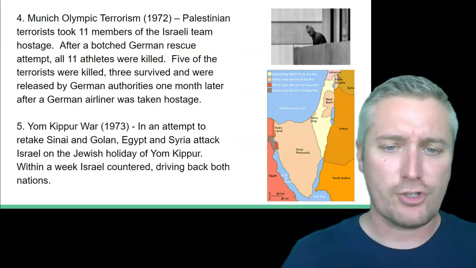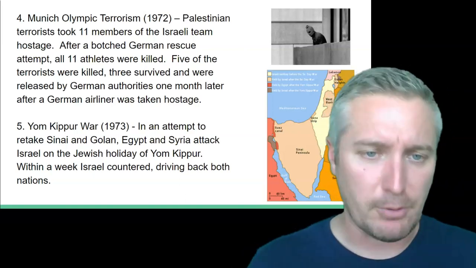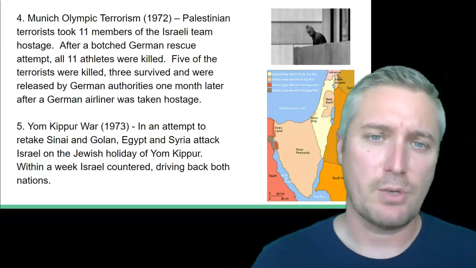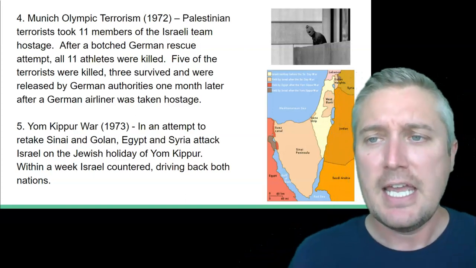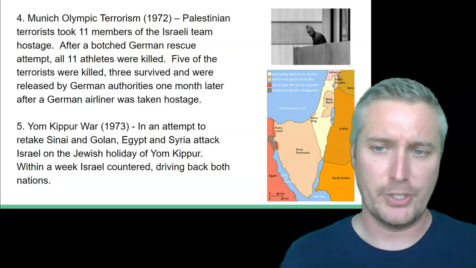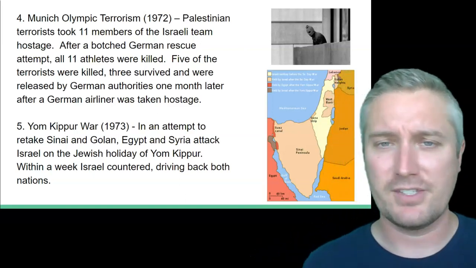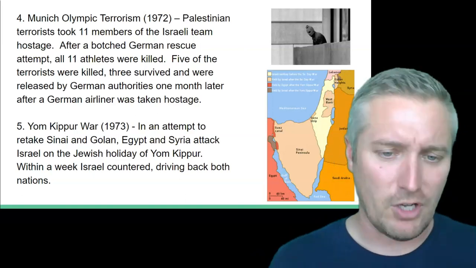Now, the Arab nations are starting to become a little bit frustrated by the fact that they are unable to defeat the Israelis. And what we see in the 1970s is frankly a rise of extremism in how to handle Israel. In 1972, in one of the worst terrorist incidences, not necessarily in terms of loss of life, but just in